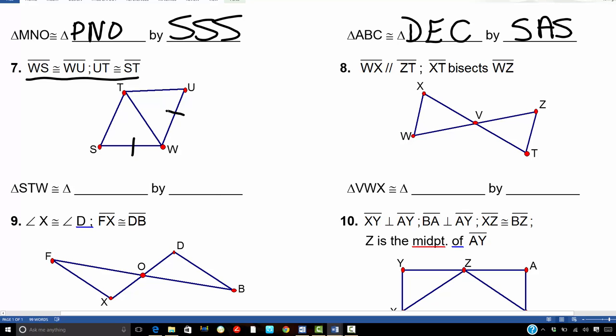Segment WS and WU are congruent, and also segment UT is congruent to segment ST. Make sure you're using the double hash marks to differentiate so that you know that TU is congruent to ST. If you do 1 hash mark for every side, it looks like all 4 sides are the same length, and that's not the case here. And then it should be pretty obvious they share a 3rd side, so these 2 triangles are congruent by side,